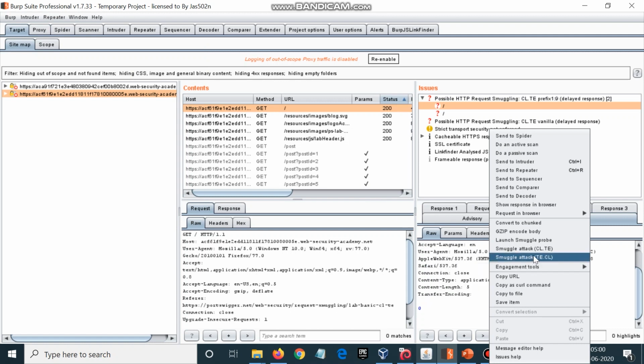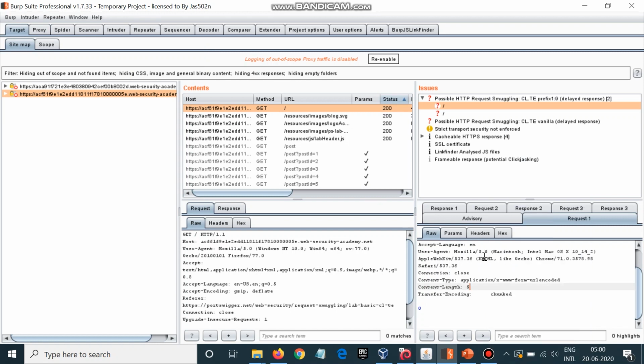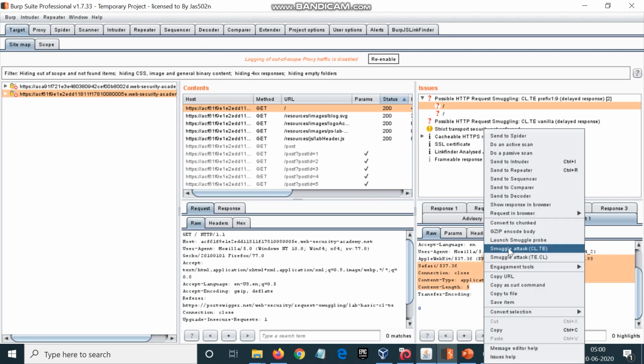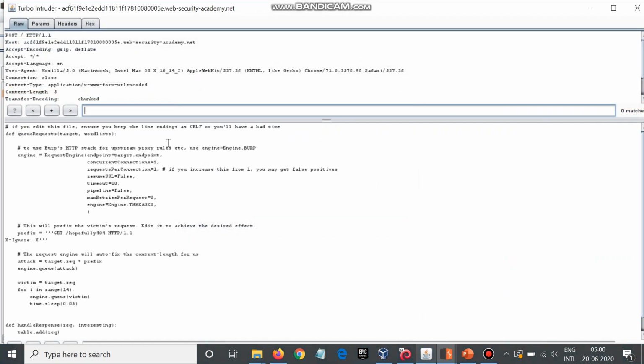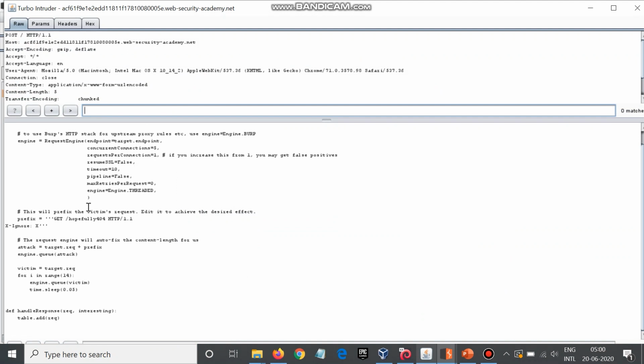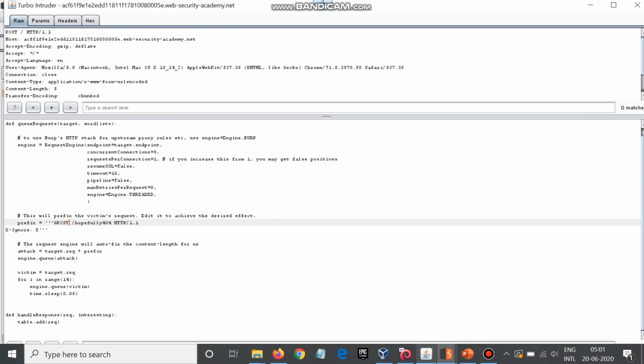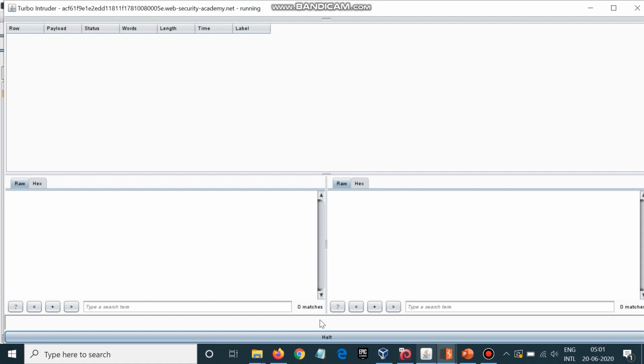This is a CL.TE type, so we'll right click on the request here and do smuggle attack CL.TE. Okay, now this is the request and here this will be the prefix, the victim request edited to achieve the desired effect. So here what we need is GPOST, which is an unrecognized method, and just attack.